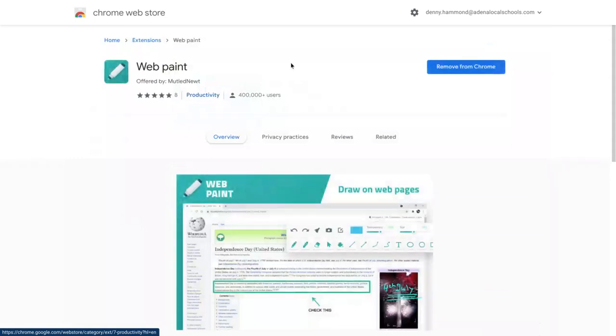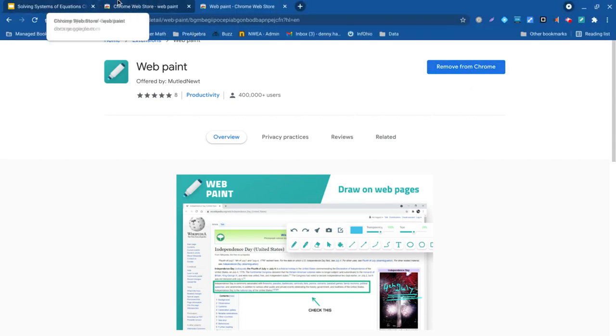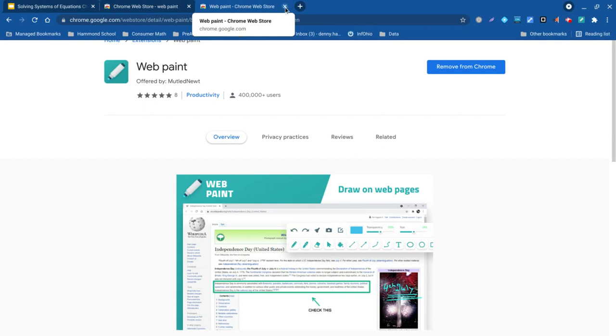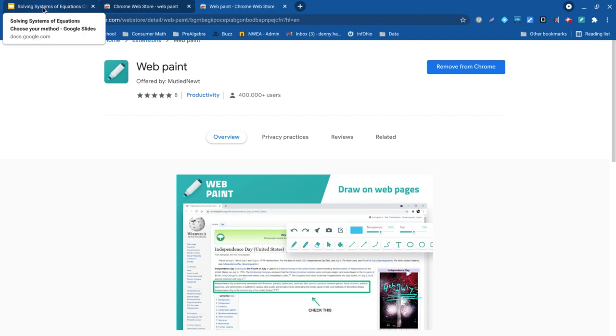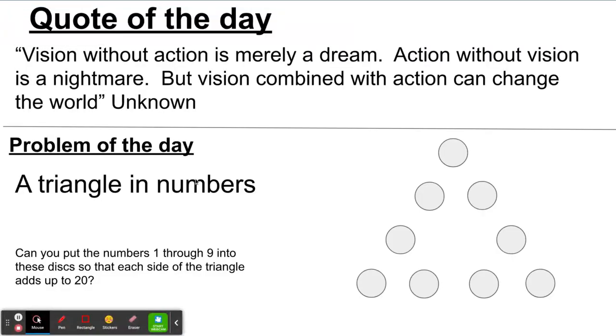I clicked on the very first one, but you can try the others out as well. They seem to all provide the same kind of thing. Just make sure you click on the Add to Chrome. I've already added this, so it's already in my menu. And then once you do that, let's say I want to write on a presentation. So let's go to one of my presentations,